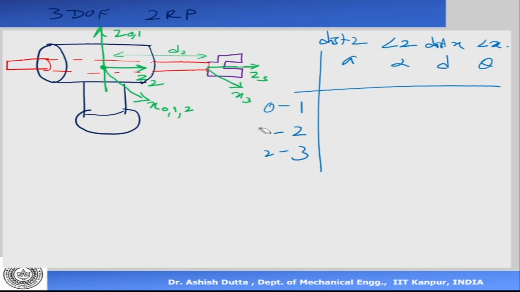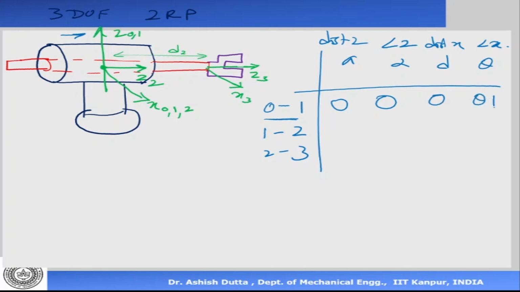Now let's start off by writing a, the distance. Between frame 0 and 1, the z-axis is the same, right? So the origin of frame 0 and frame 1 is the same, and hence there is no distance between the z-axis. There is no angle between the z-axis, because if you look here, z0, z1 is the same axis. Similarly, there is no distance between the x-axis. They're intersecting, they're the same axis. This is 0, so this is my theta 1.